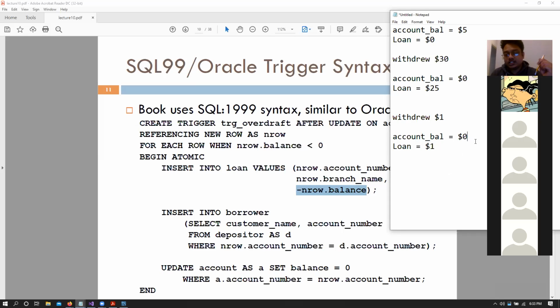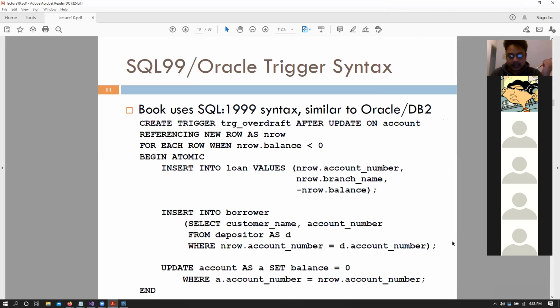But before even reaching there, can someone tell me another bug in this code? Any other bugs? Essentially, when we take out another loan, we actually want to update the loan table again with the updated balance.